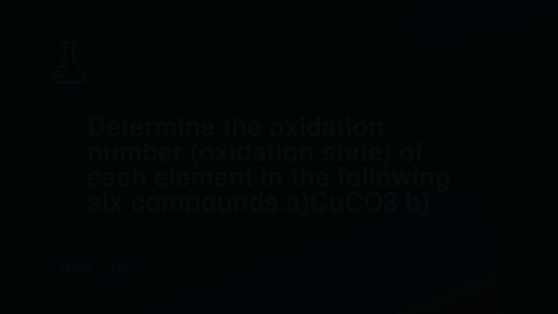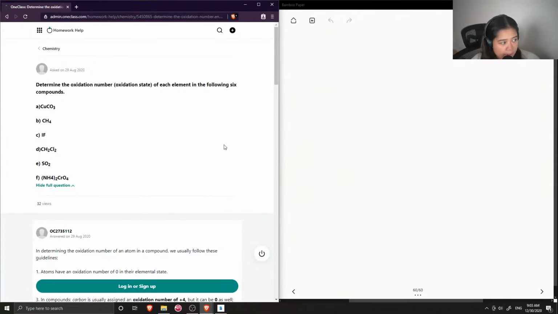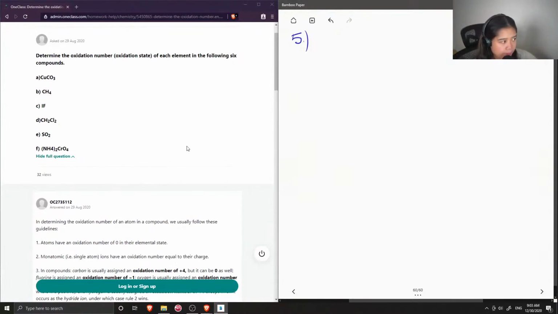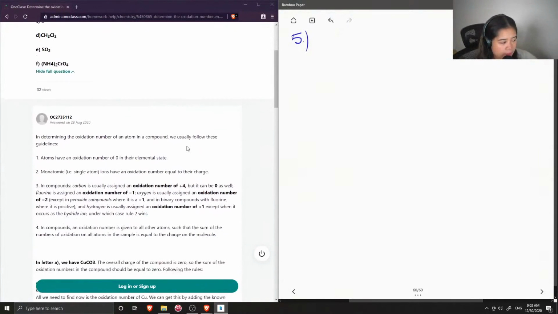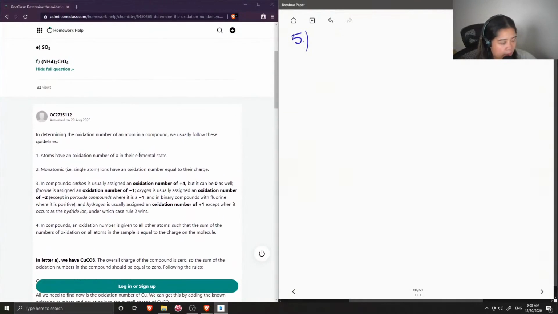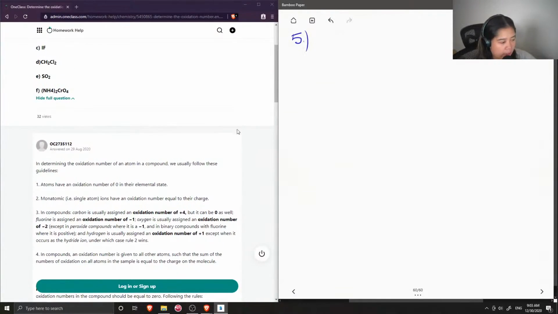Okay, so question 5. The oxidation number and oxidation state, which is the same thing, of each element in the following 6 compounds. And then they give 6 different compounds. So first I'm just going to scroll down a bit and look at the rules that the junior tutor has